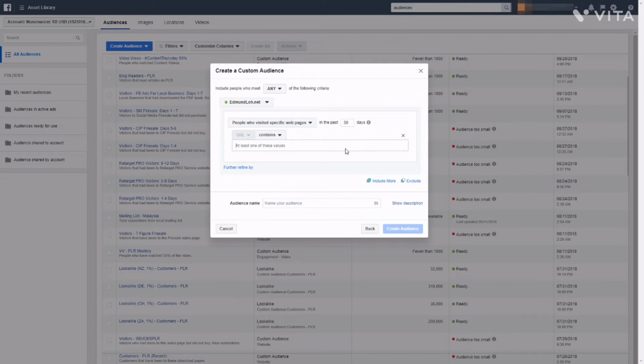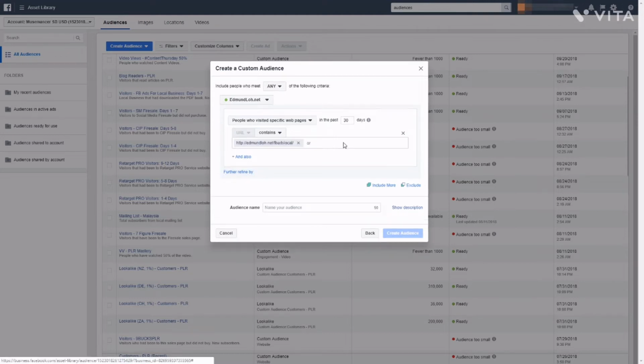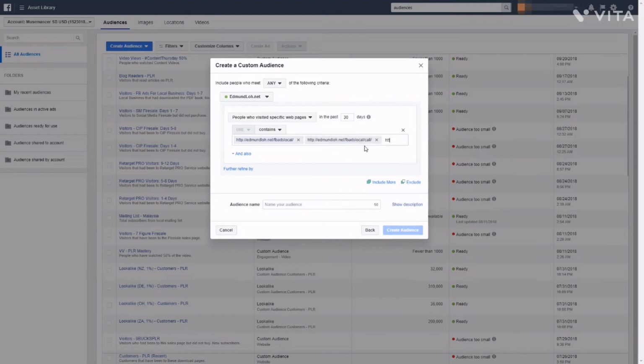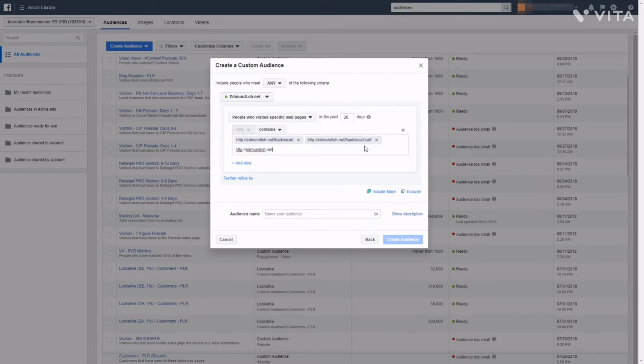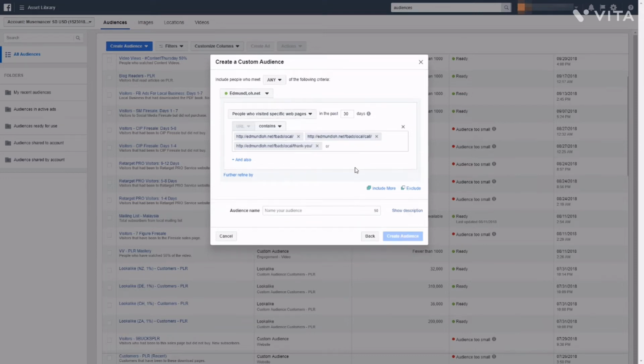And you want them to have been to a certain website, but they didn't make any purchase. So this is going to be an example. All right, I'm just making this up right now. So if you want to make a certain type of people who have been to a few types of web pages, that's okay as well. You can put in more than one address. So just for the fun of it, I'm going to put in these addresses here. All right. So let's just say people have been to any of these 3 web pages,